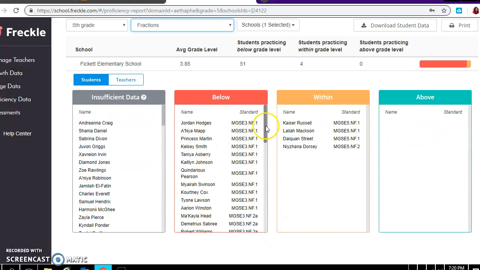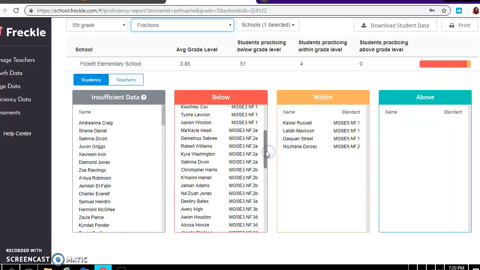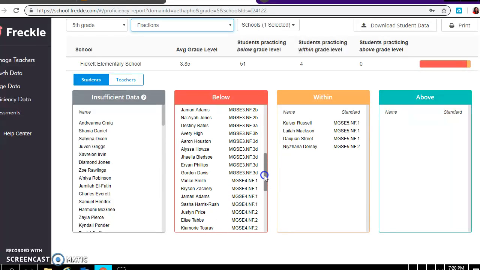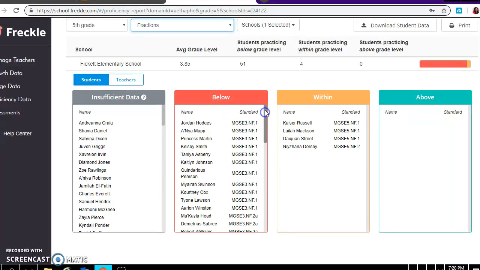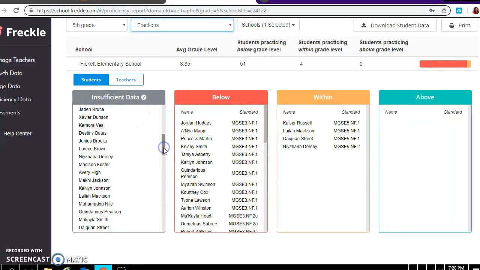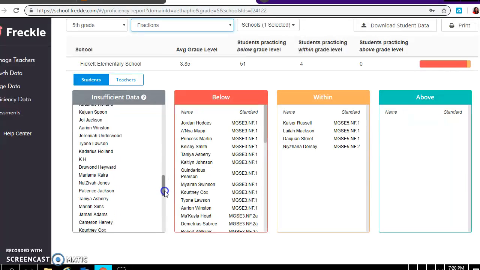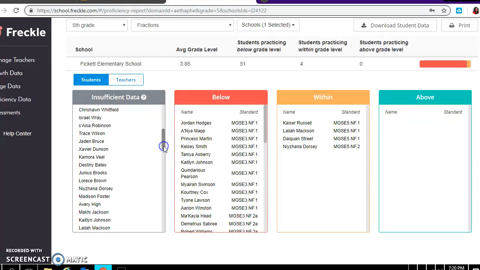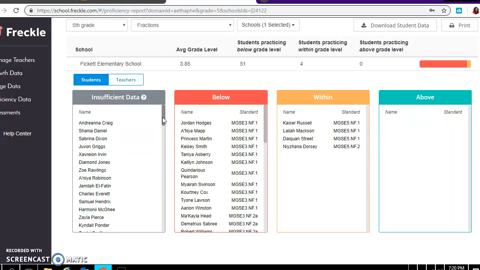If you notice, you have a lot of students that are below because fifth grade does not practice on Freckle as much as other grade levels. So they have a number of students in the insufficient data category because they haven't worked enough time to get accurate data. So try this report